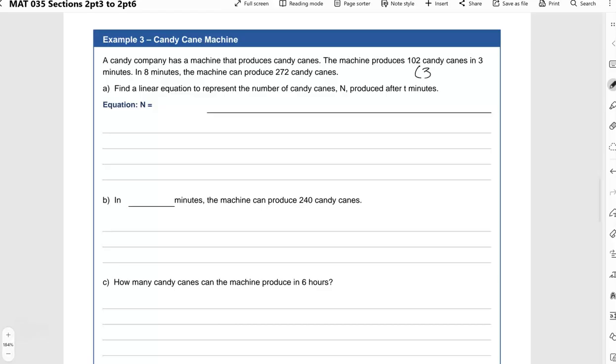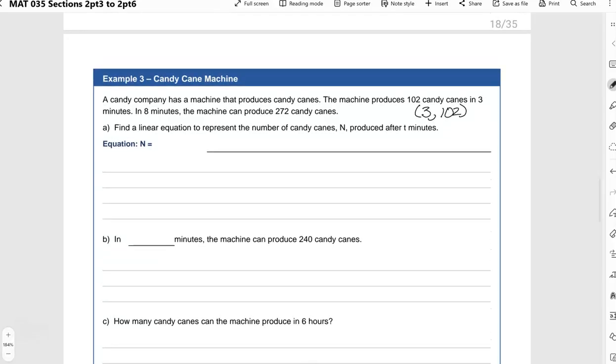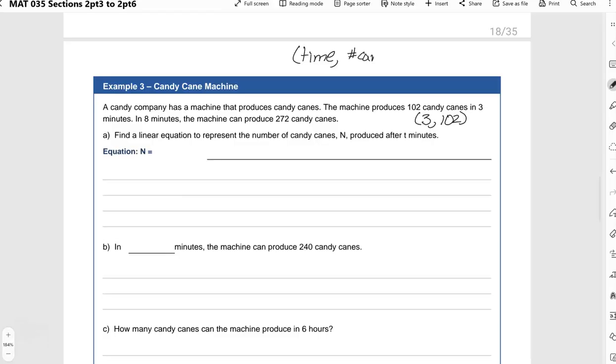So our time is 3, and we're going to produce 102 candy canes. So when you're thinking about ordered pairs, if time is one of your variables, it's always going to be X. And in this case, the number of candy canes is going to represent Y. Okay, the reason time is always X is because it's independent of everything else, and X is our independent variable. They tell us in 8 minutes the machine can produce 272 candy canes. We want to find a linear equation that represents the number of candy canes produced in T